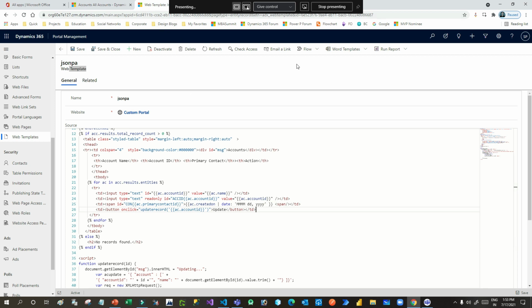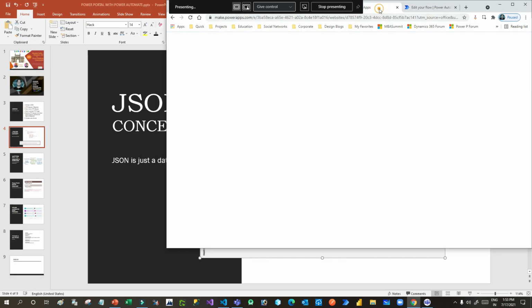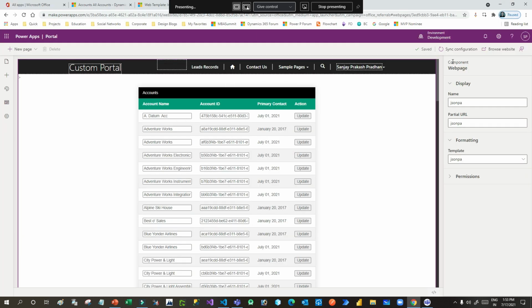Let me go here and run this. Just click on browse website. Once I browse the website, this table is rendered. I have already placed an update button in every row, so that I can see this update button for every row of the table.